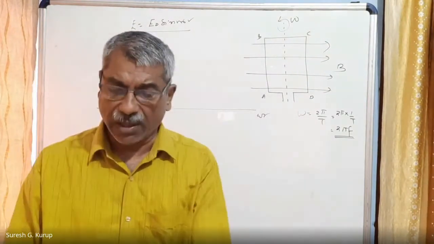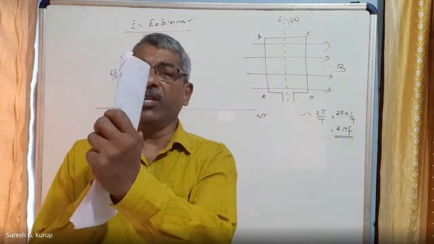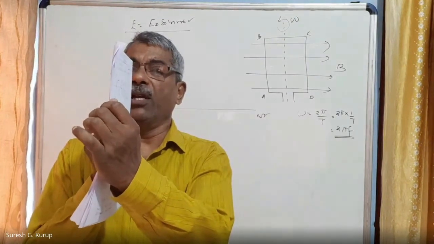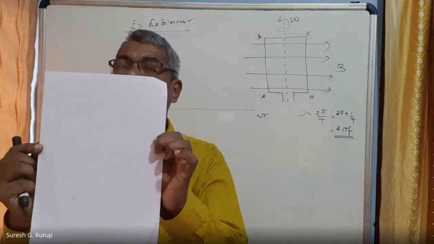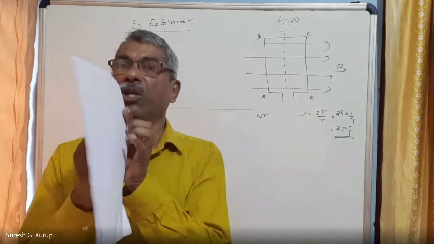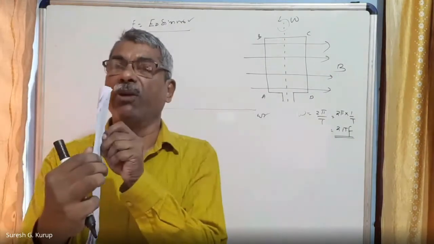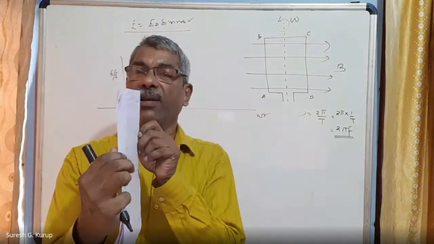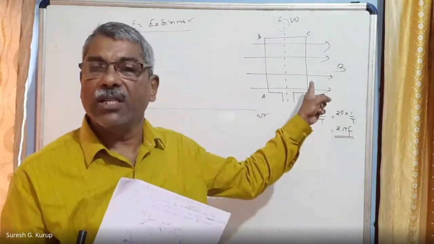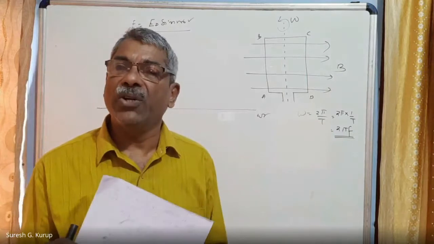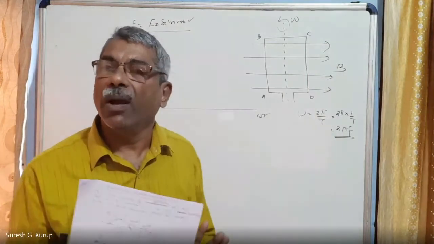Always remember, if this is a coil, this is the t is equal to 0 position. Now it is rotating in the anti-clockwise direction. This is t is equal to T by 4, now this is t is equal to T by 2, this is 3T by 4, and this is 4T by 4. 4T by 4 means T only, right? So this will take a fixed amount of time to complete one revolution. That is the time period of revolution of the coil.